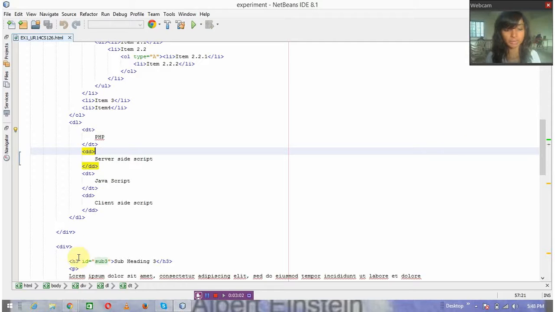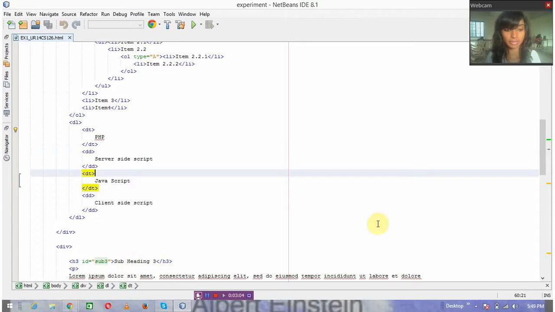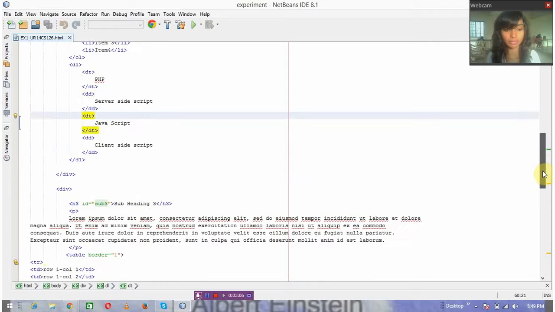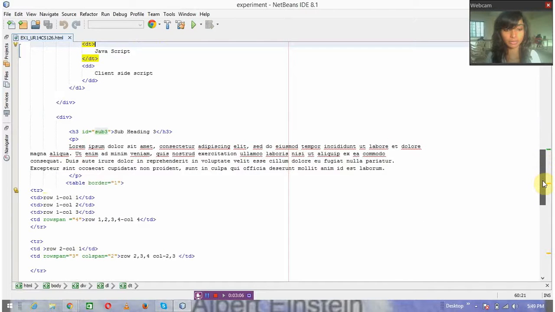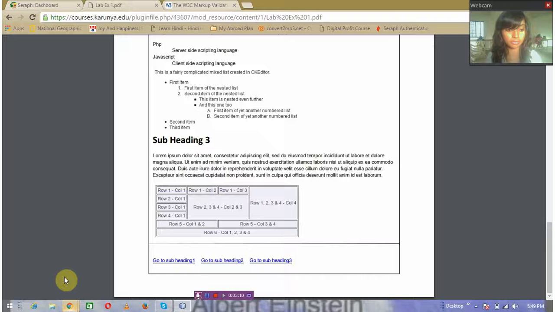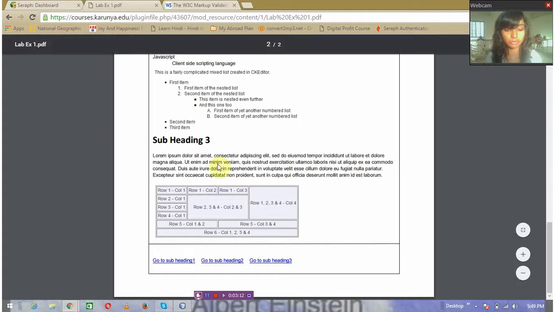Here the same thing: subheading 3 is put with the help of a heading tag and the dummy text. Here we need to make a table which was to look like this.